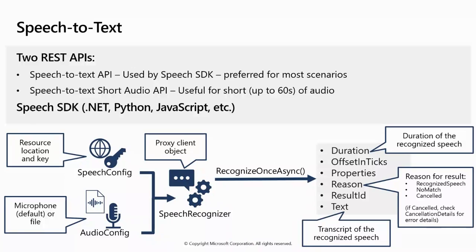The result is an object with properties like duration, offset, properties, reason, result ID, and text. If the operation was successful, the reason property will have the enumerated value Recognized Speech, and the text property